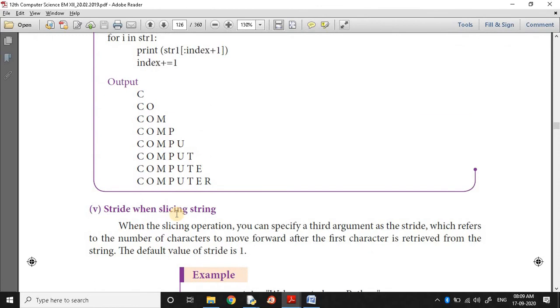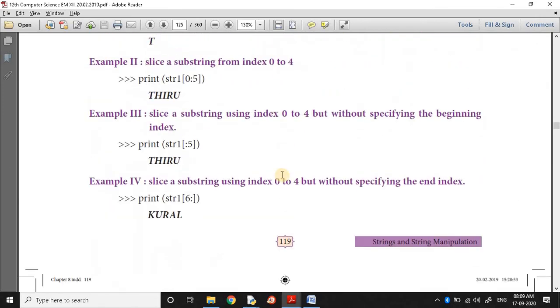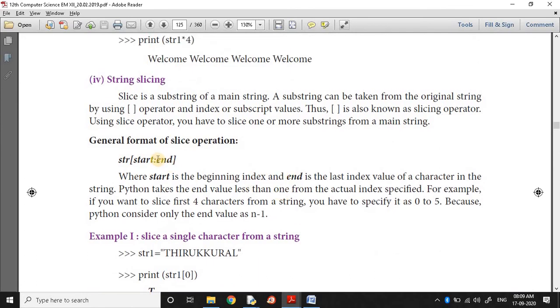Then in slice striding, in the slicing operation you can specify the third argument as the stride. We will follow that in the next topic, but here we have to conclude this one first.